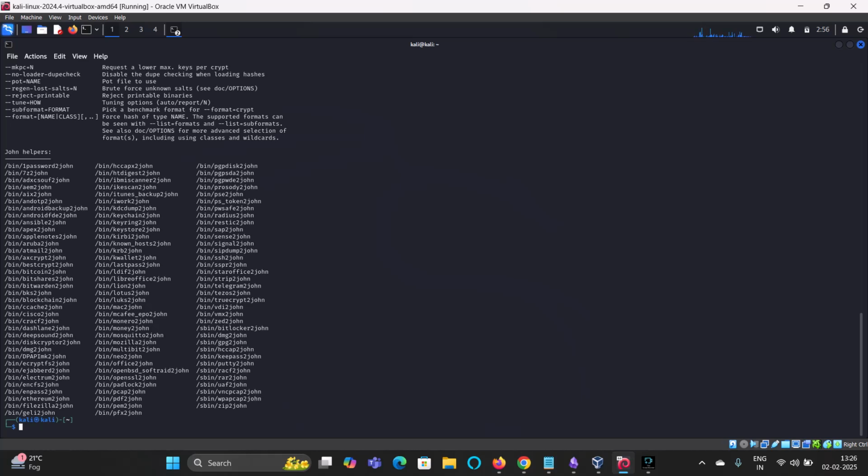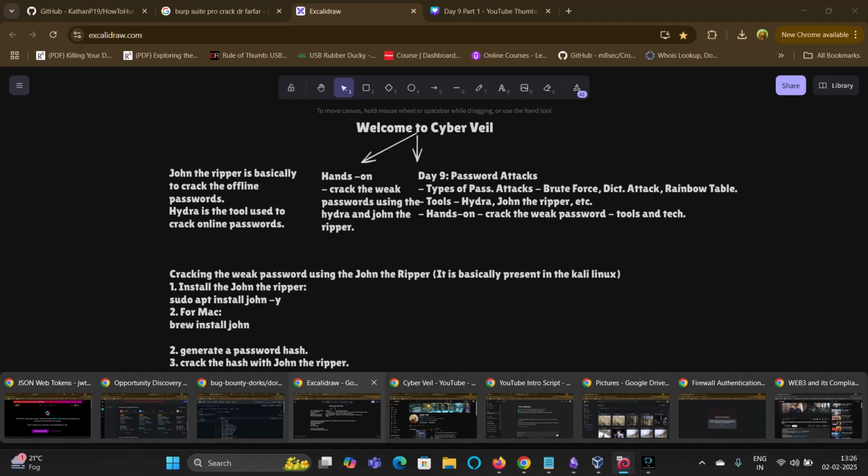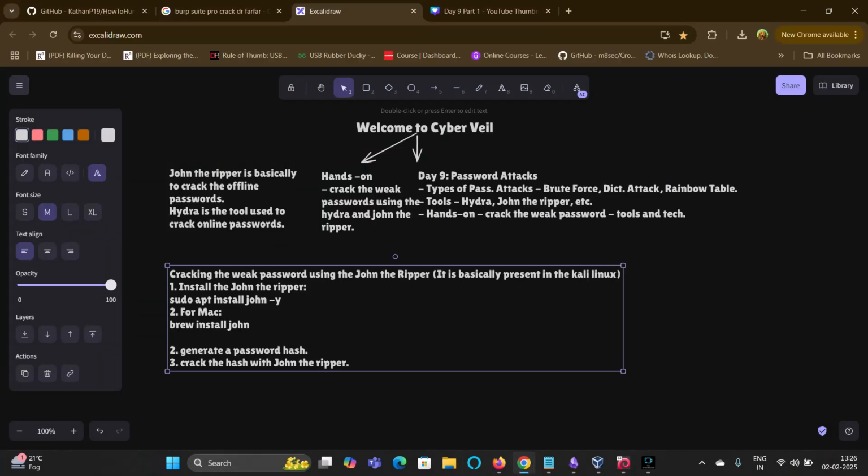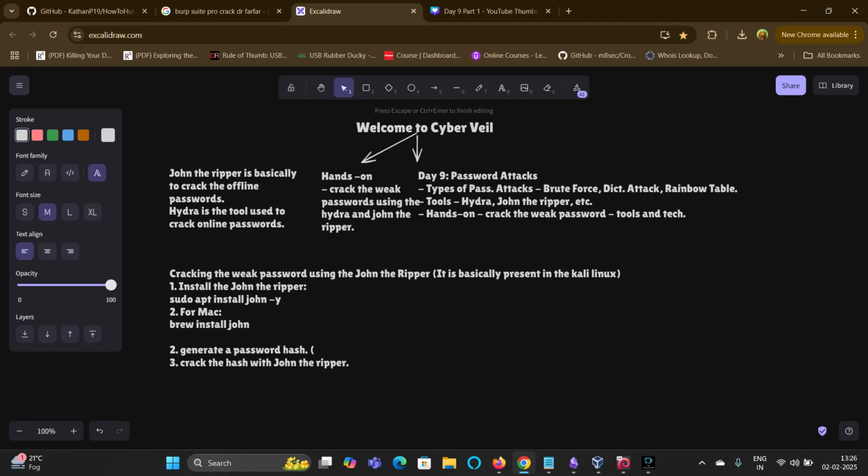Let's install it in a simpler way, or we can just directly hop onto the second step, that is generate a password hash. And for generating a password hash, let me just get back to the page. Yeah, to generate the password hash, let's just create, guys,